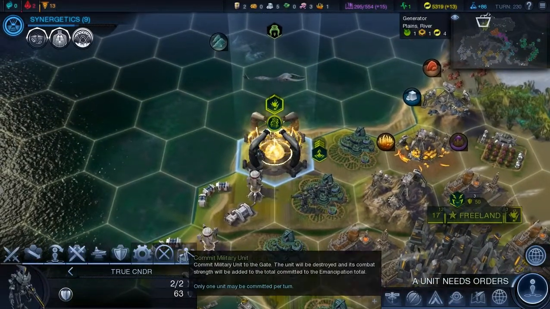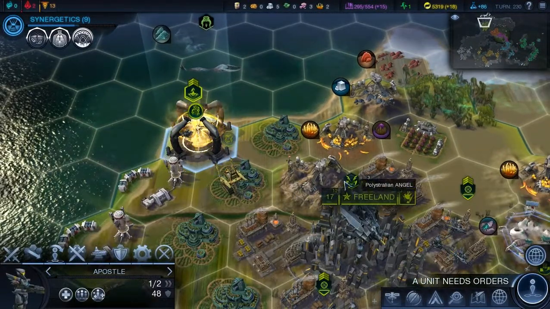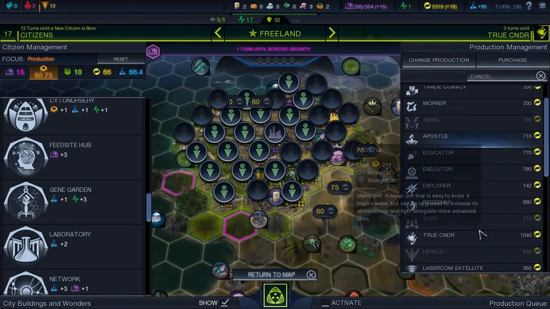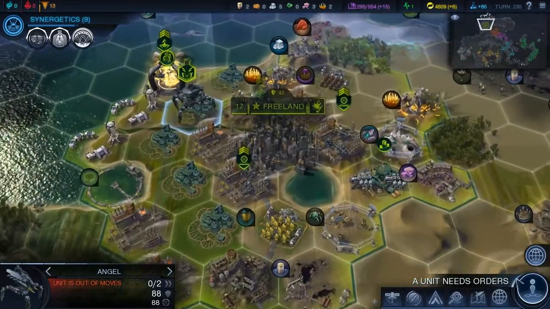Oh, commit unit. Angel done. Put you on the gate. Put you next in line for the gate. And then we need to buy another unit. So anyway, as I was saying,